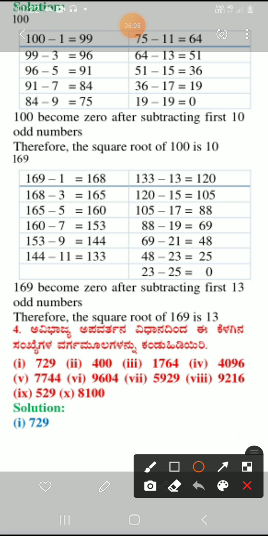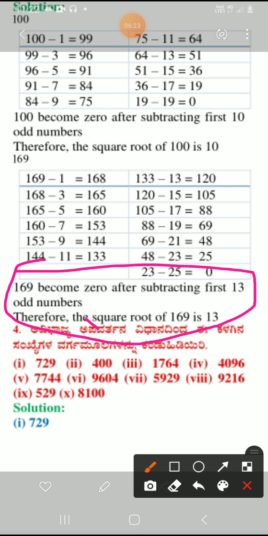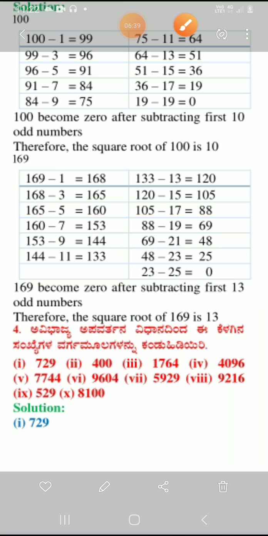So we can say that 169 becomes 0. Look here. We can write that 169 becomes 0 after subtracting 13 odd numbers, because we have taken odd numbers, correct? After subtracting 13 odd numbers, so we can say that therefore the square root of 169